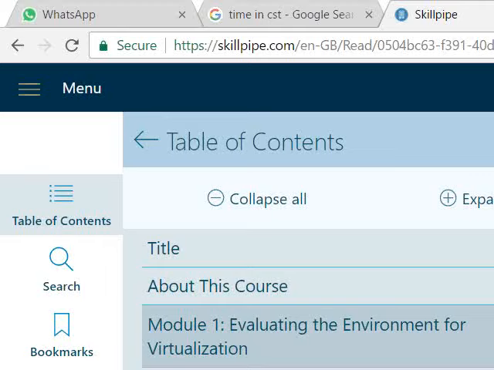Service Manager. This is a reporting tool, not a reporting tool, I'm so sorry. It's a ticketing tool. Service Manager is a ticketing tool